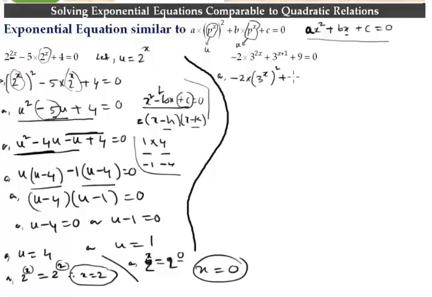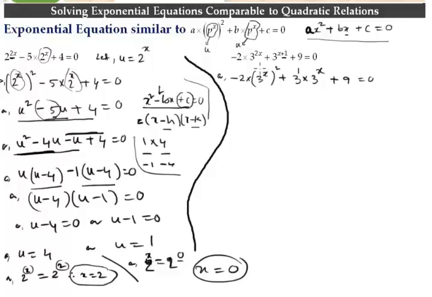That we can do in this way, that 3 to the power 1 times 3 to the power x. Because this is 3 to the power x plus 1, so if we take this power plus 1 out, that means 3 to the power 1 times 3 to the power x. Then using the multiplication law, the index law, 3 to the power x times 3 to the power 1 will give us 3 to the power 1 plus x, that is x plus 1, same thing, plus 9 equals 0. So for some equations, we need to do some more calculation to fit them into this quadratic trinomial exponential equation